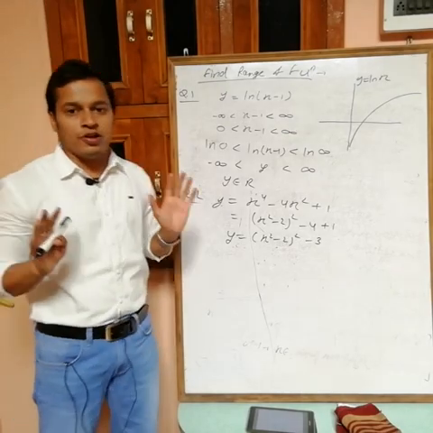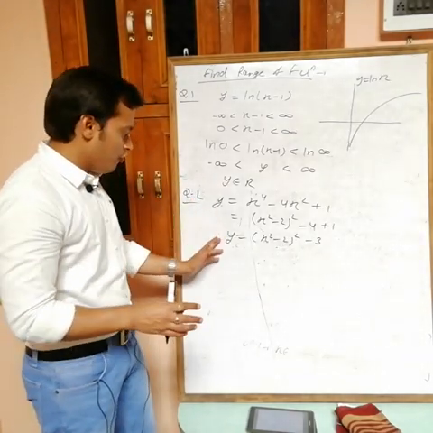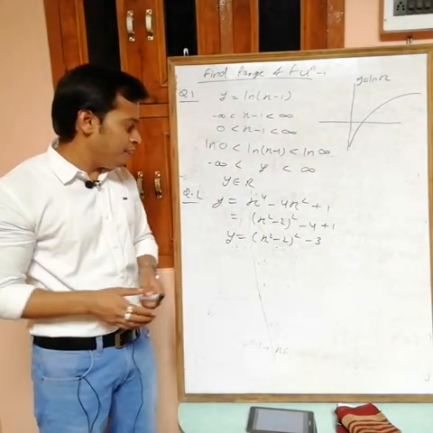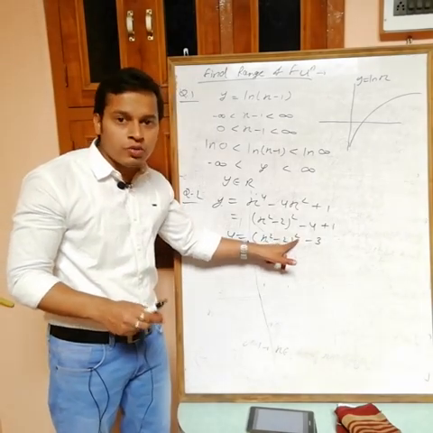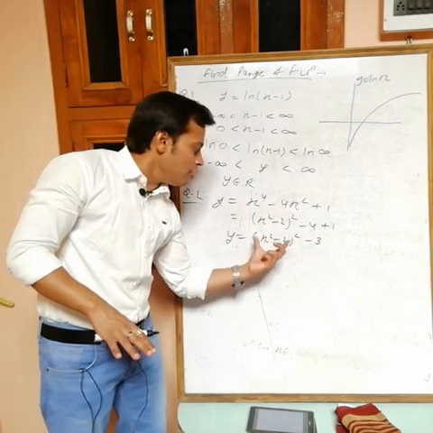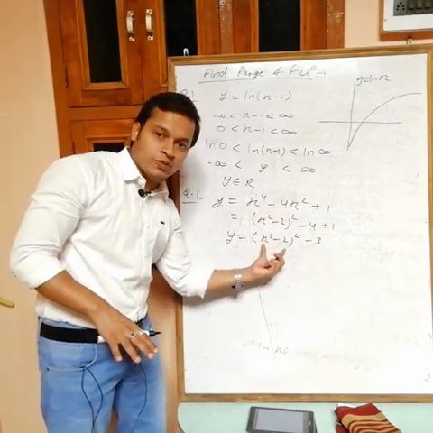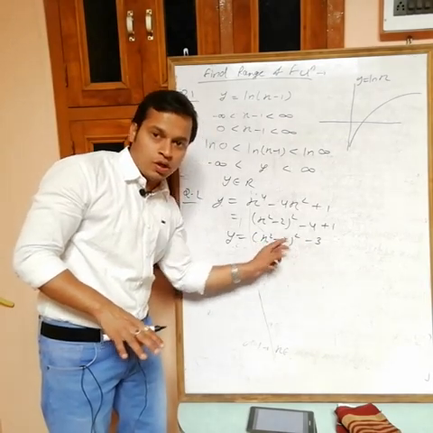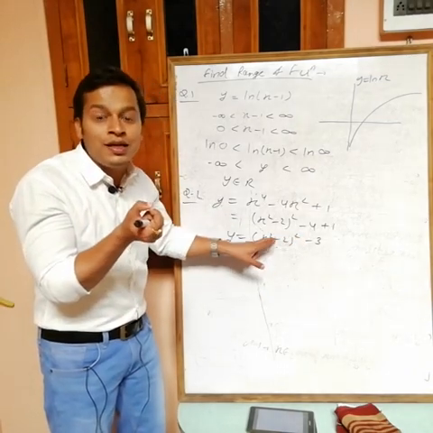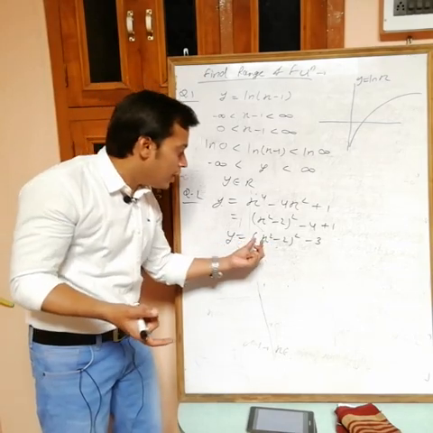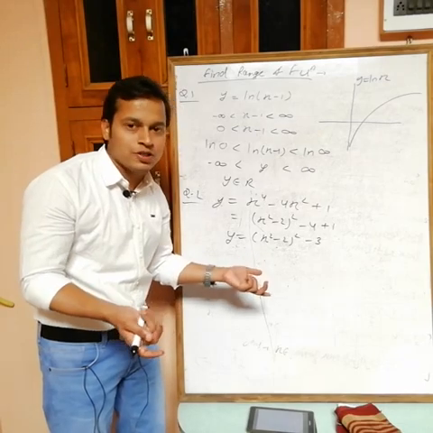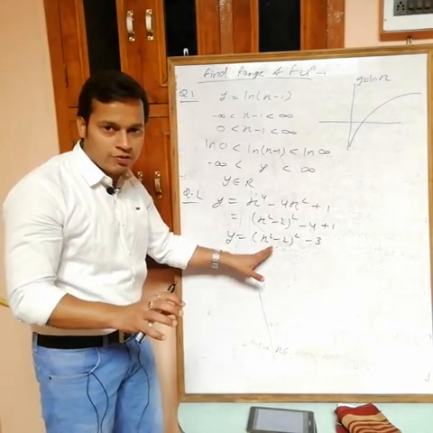Now I want all possible values of y. Range means the value of y, meaning all possible values of this expression. Can you find the minimum and maximum value of this? Actually, x square minus 2 whole square, a square can't be less than 0. So the total becomes minimum if this term is minimum, and the minimum value of this term is 0. But also check once whether it can equal 0 or not. This will be 0 if x square equals 2, and x square equals 2 is possible at plus root 2 and minus root 2. So this may be equal to 0.